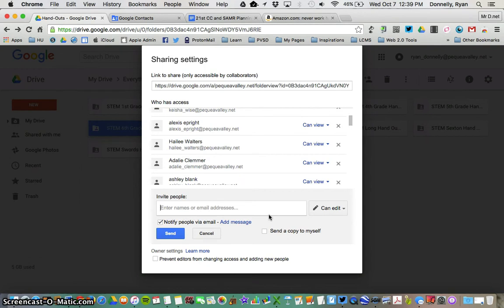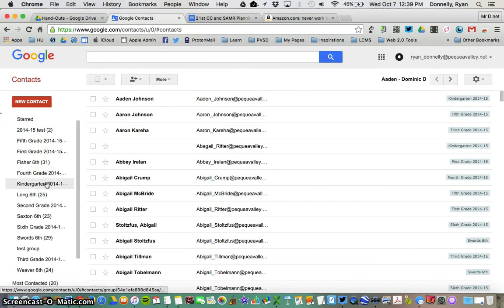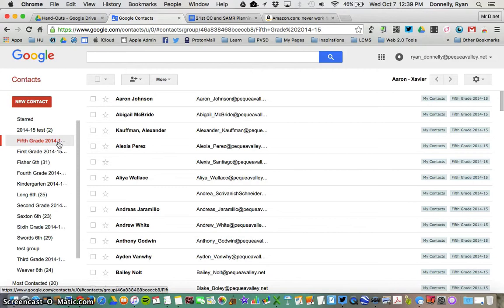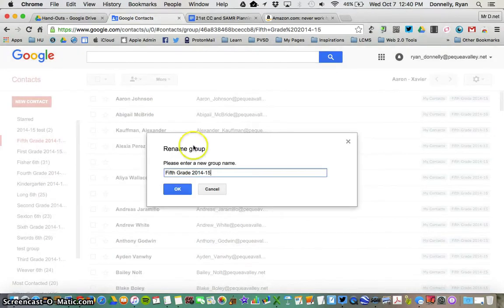The other thing I could do, instead of typing those kids in individually or pasting them in from the spreadsheet, is remember last year we set up a contact group. Last year we would have called them 5th grade 2014-15, and those were my 5th graders last year, my new 6th graders. Now you'll have some changes because of move outs and move ins. But what I can do is actually edit this group by going to More, Rename Group, and I will call them